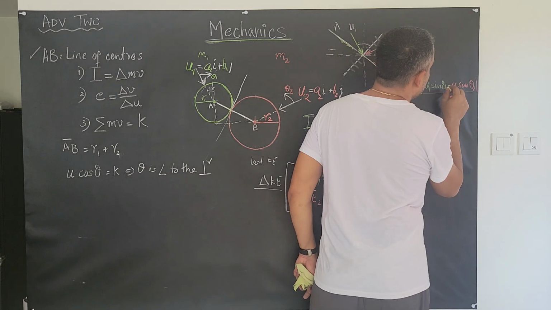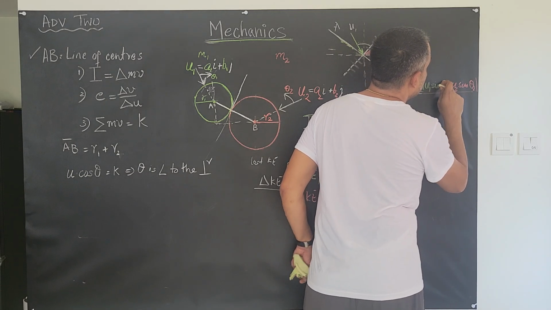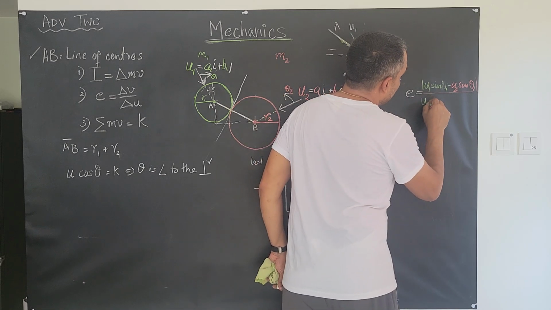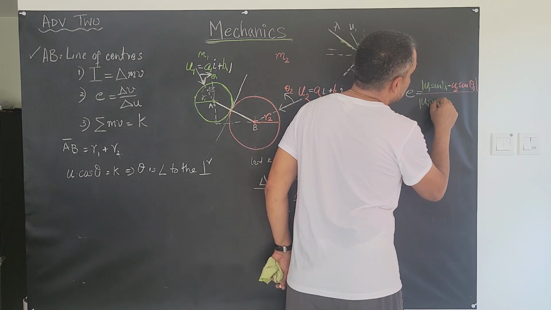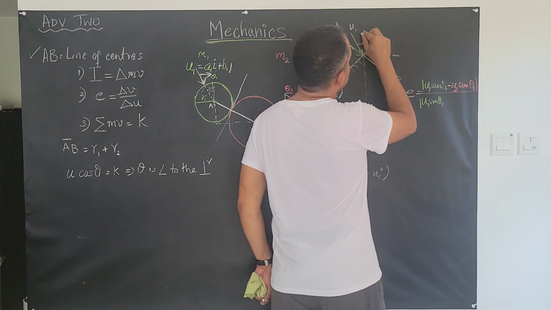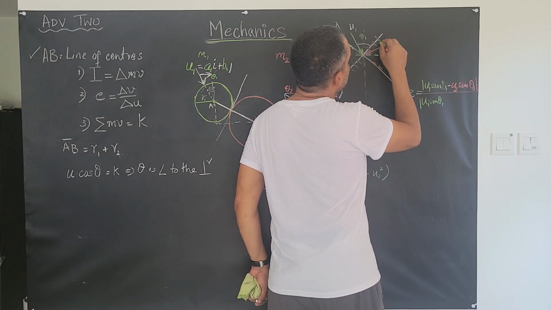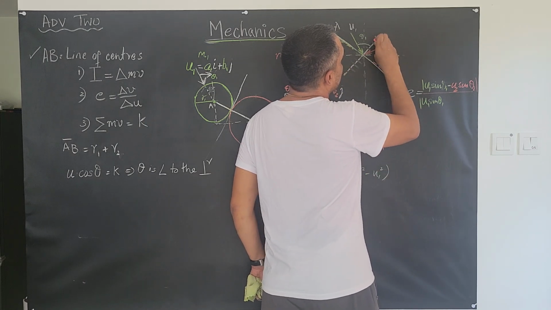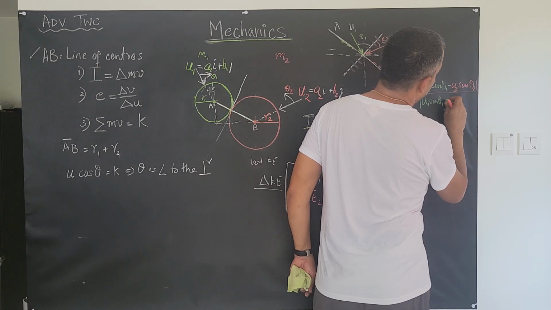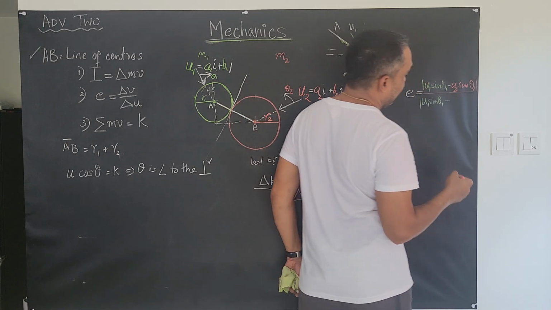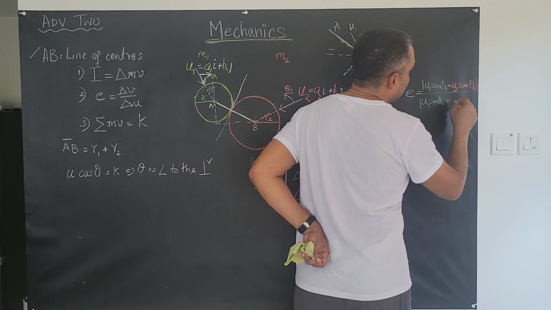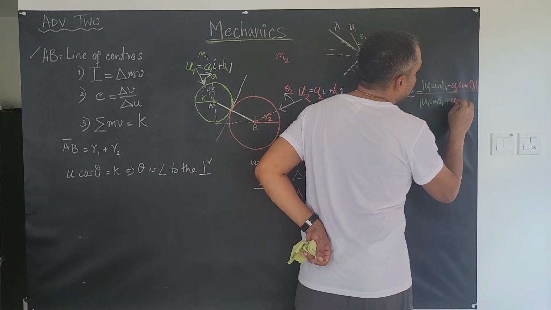My apologies, this would not be theta, I made a mistake, that's the denominator, U1 sine theta 1. That's approach angles theta 1, and this would be theta 2. So these are both related to approach. Again, you have to figure out whether it's positive or negative. Most cases they are positive,